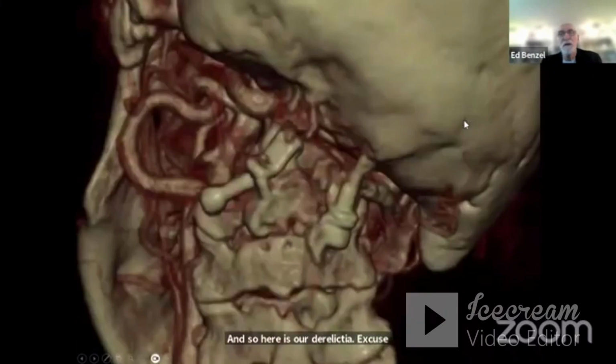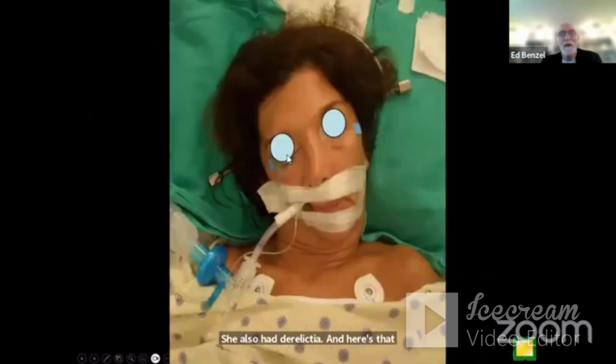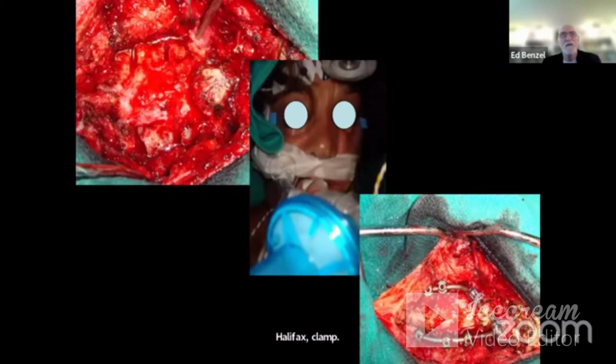She also had dural ectasia. And here's that Halifax clamp. And here she is pre-op. And at the time of surgery, we put her prone and her head was tilted to the right. And then after we had partial facet osteotomies performed, I broke scrub, went down below the table and put her head in the straightened position as you see in the middle picture, and then finished the